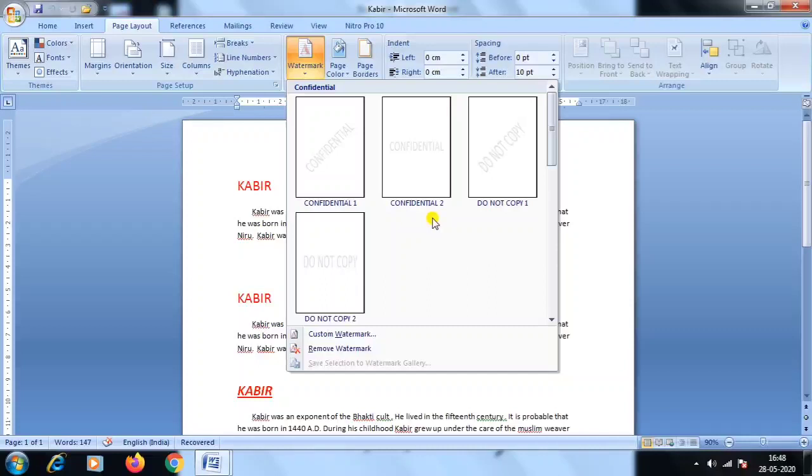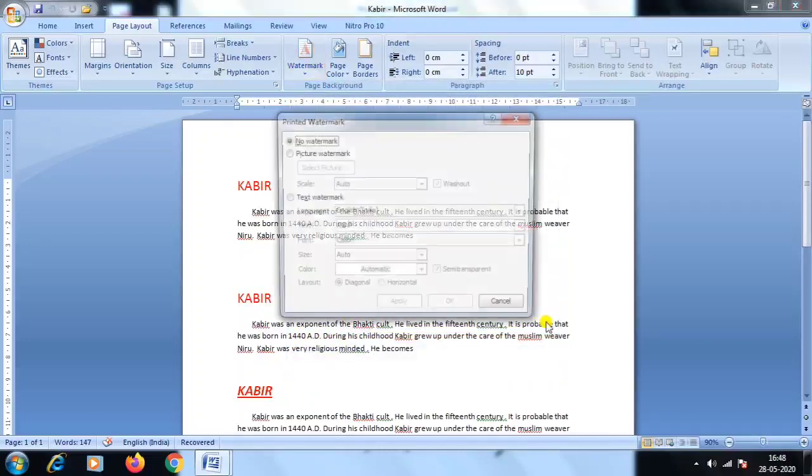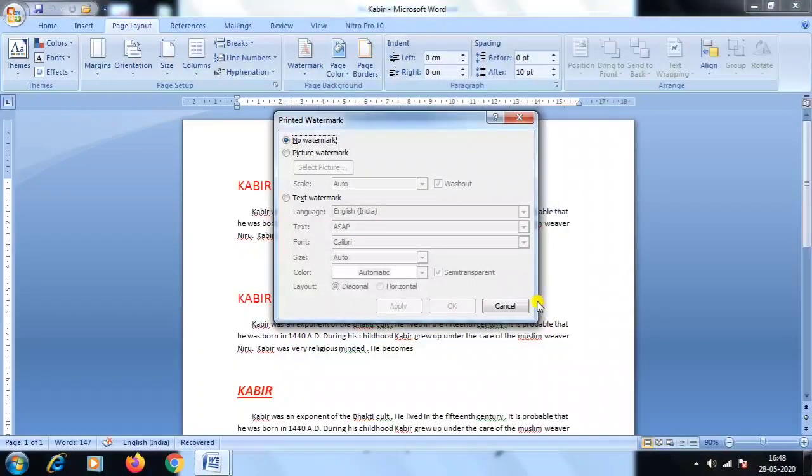From there, if you need to apply one, you click on that predefined format, or otherwise you go to Custom Watermark and click on it. When you click Custom Watermark, three options will be displayed: No Watermark, Picture Watermark and Text Watermark.